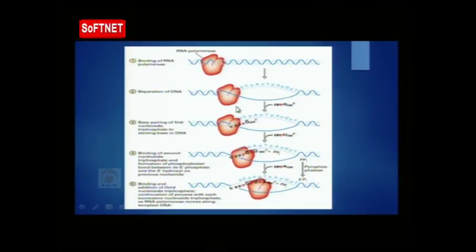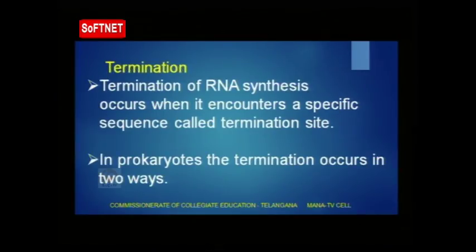And after formation of the open promoter complex, one of the two strands will act as the template strand, and this particular RNA polymerase will add complementary nucleotides, and this occurs in the 5' to 3' direction. So this is how the elongation will continue on the template strand, which is coding for the RNA molecule. And then we will see how the termination occurs.